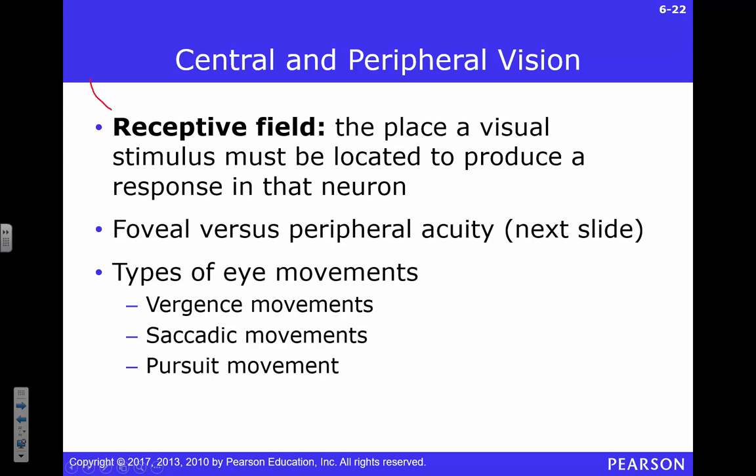We should think briefly about receptive fields. Each cell in your visual system is only responsible for a small segment of the visual world, right? So if you look out in the world, we can assume that you can see a 180-degree dome right in front of you, right? And at every little point out there, there's a cell responsible for that small bit of space. So if we were to plot this like a square, and then we started mapping out receptive fields, you would have all of these little circles. Some would be larger, and then there might be smaller ones inside of that. It depends on what you're trying to do. Not too much to worry about.